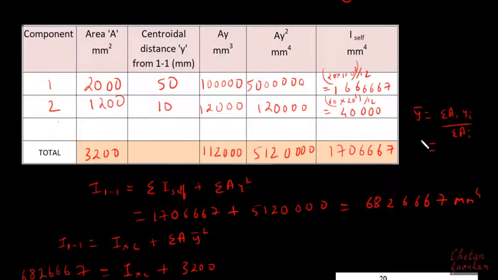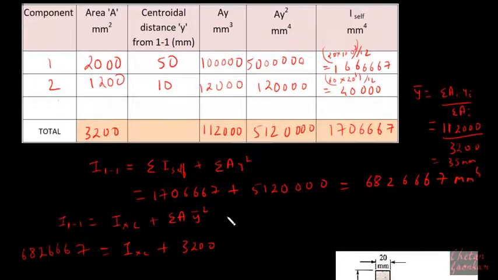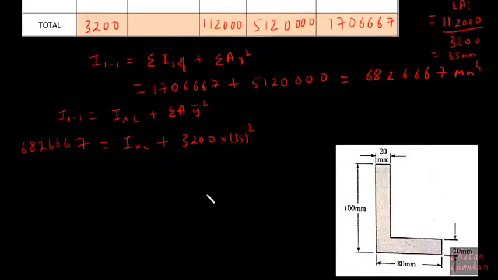The summation of AiYi is 1,12,000 divided by summation of Ai, which is 3200. And if I calculate this, y bar will be approximately 35 mm. Now if I substitute this 35 mm here, this will be 35 square. Now if I take these values to this side, I should get this